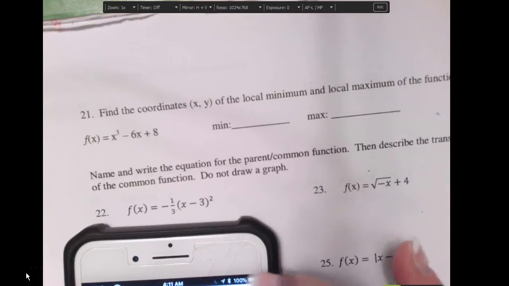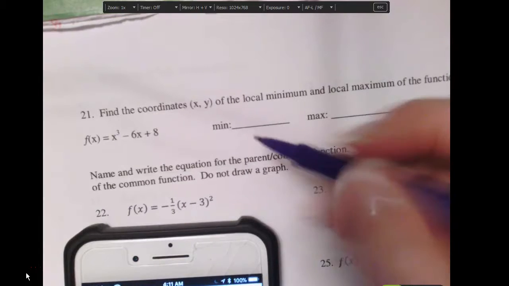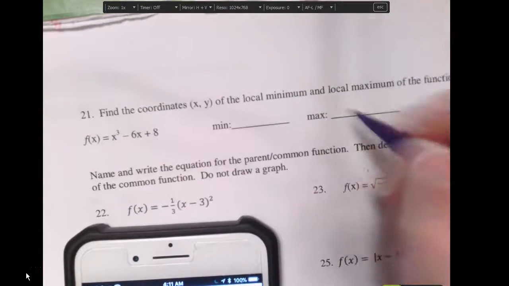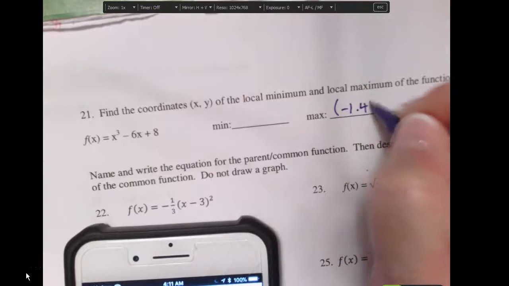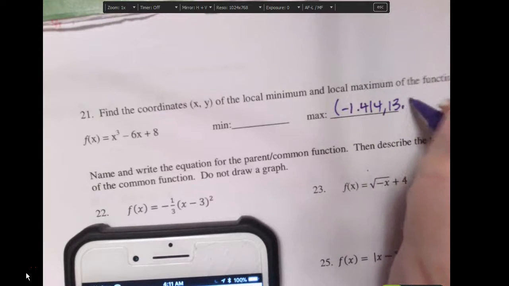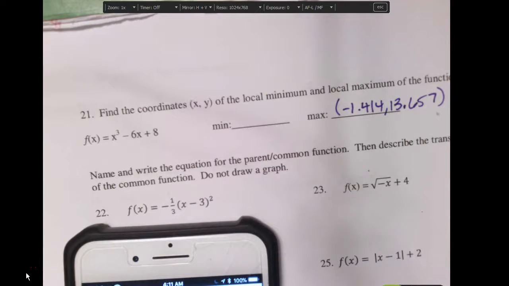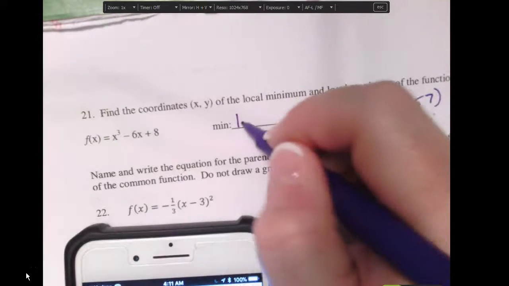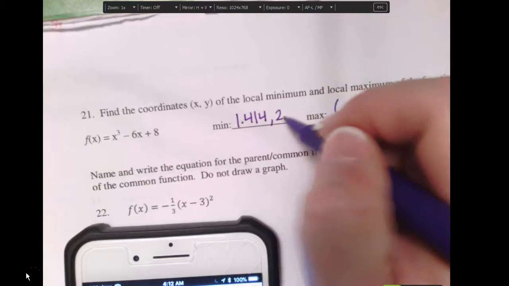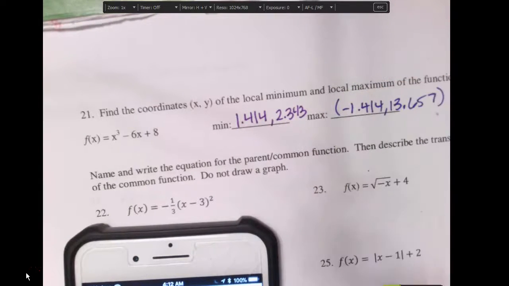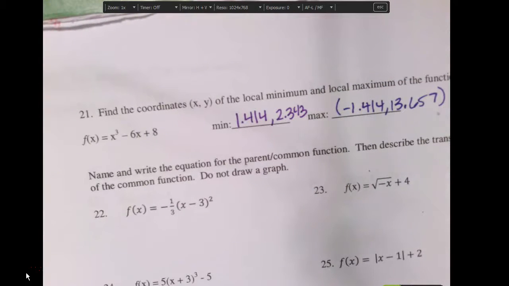So those aren't numbered by ones. Alright, so negative 1.414, 13.657, and then my minimum is down here at positive 1.414, 2.343. Alright, so